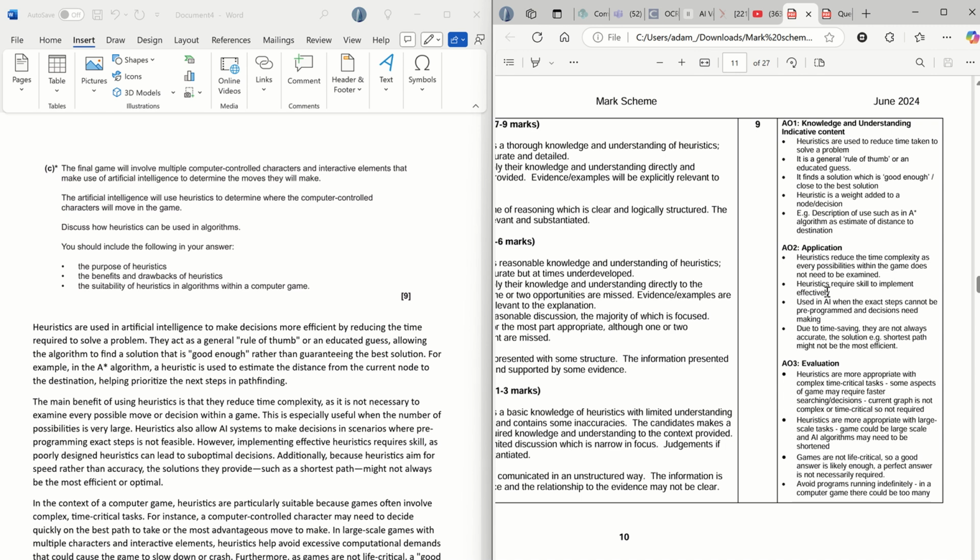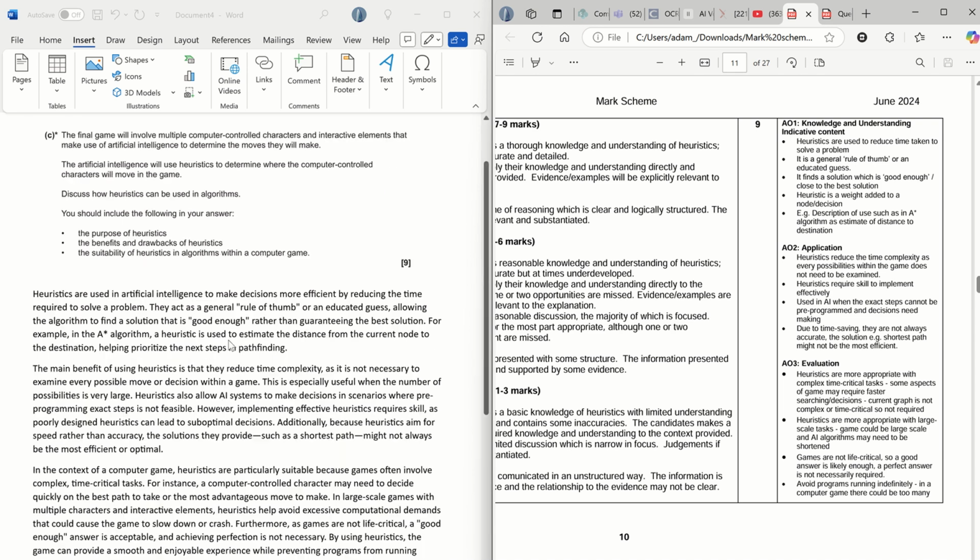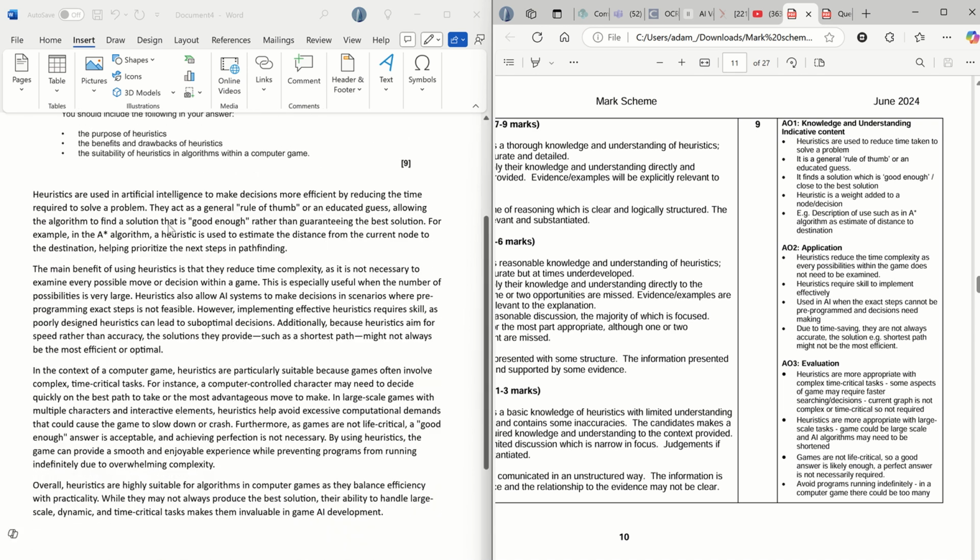Okay, knowing the content deeply enough and well enough to be able to respond to a long answer question. Anyway, I've generated an answer from AI. So let's just kind of go through it and let's see how it matches up.